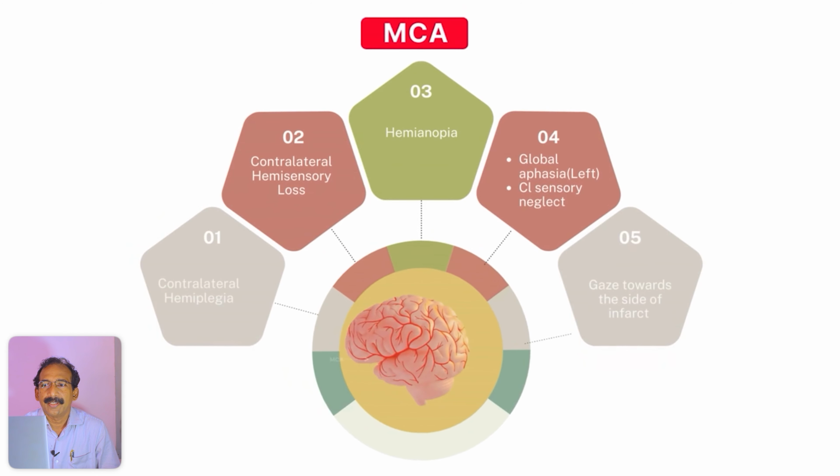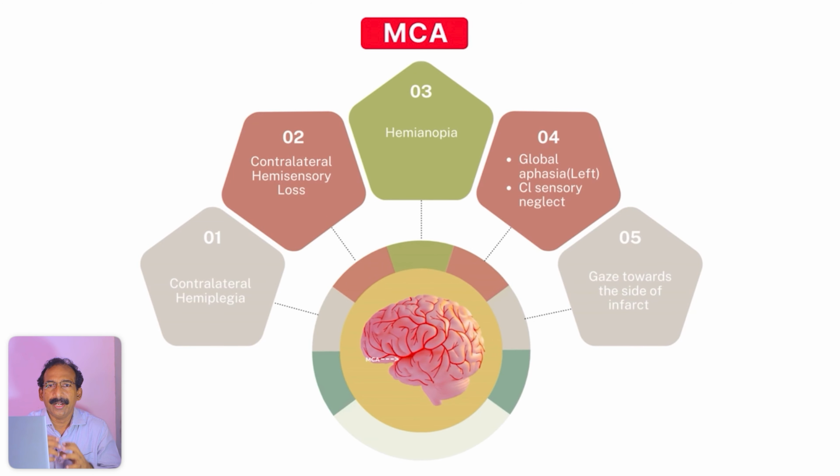Coming to the middle cerebral artery strokes, the contralateral hemiplegia, contralateral hemisensory loss, hemianopia, global aphasia, especially if the involvement is on the left side, also contralateral sensory hemineglect. These are all the classical symptoms you see. This is the most common type of stroke you see. The gaze is towards the side of the infarct, the patient looks at the side of the infarct,